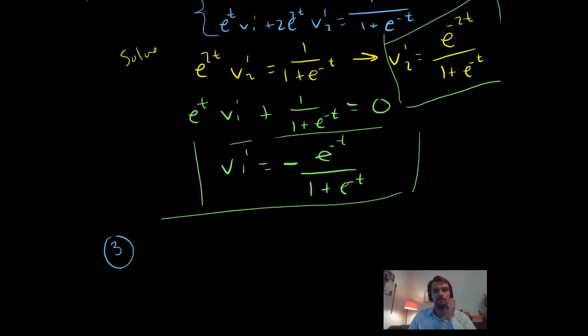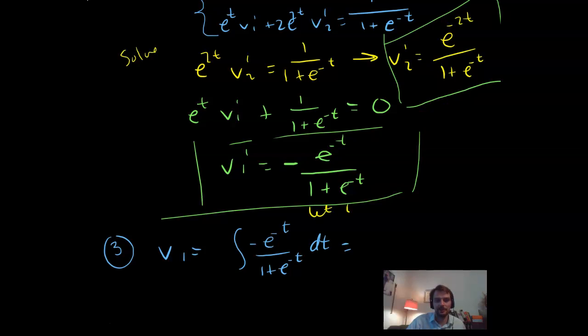We're going to take some integrals. So v1 will be the integral of negative e to the negative t over 1 plus e to the negative t dt. You notice if I used u substitution, this would actually just be, if we let u be e to the negative t, then this equation becomes